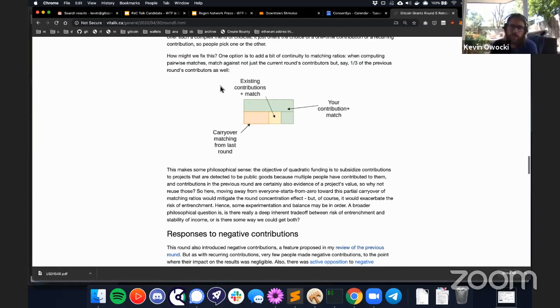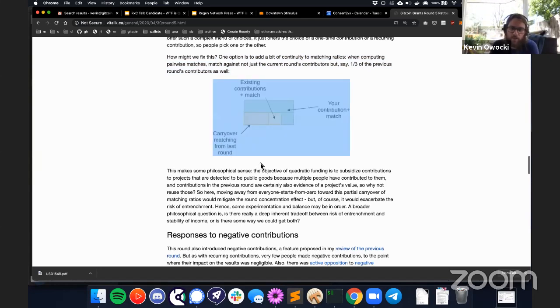I also think that with quadratic funding, we're experimenting this round with carryover matching from last round. The idea is that you would have your contributions this round, and then we would also bring in some of the contributions from the last round and make them part of the quadratic funding formula for this round. Human beings need to be able to pay their mortgage every month, right? So you create that stability of income based off the trajectory of how they performed last round. Those are two of the mathy ways to do it, but we're still very much exploring. This is the first inning for quadratic funding in the world, I think, and we're still figuring it out.